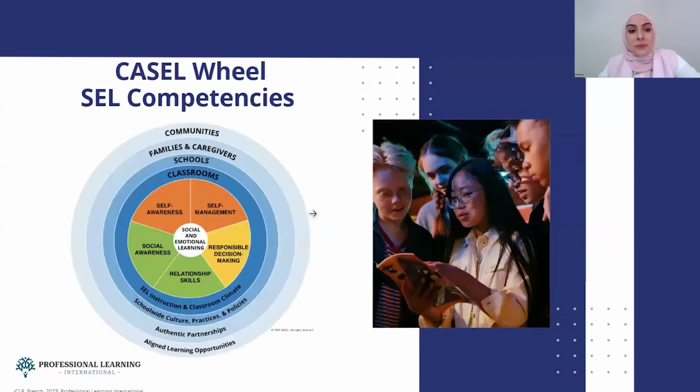I'm sharing also here the Castle wheel that has the SEL competencies. In case you're not familiar with them, we have 5 competencies, as you can see here in the middle. Self-awareness. How can we make our students aware about themselves, their strengths, their development points, their skills? How can they be aware about their emotions? What makes them happy? What makes them sad? How can we teach them self-management, to manage themselves, their time, to motivate themselves, to have this intrinsic motivation? How can we teach them to be responsible for the decisions they make, to have healthy relationships, and to be